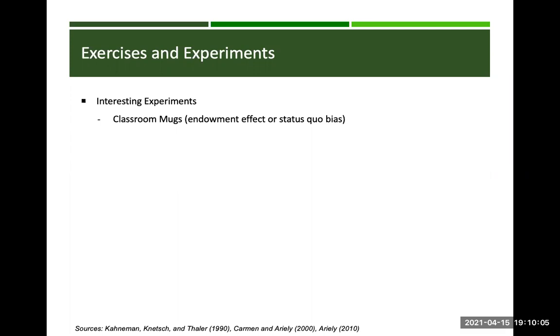The classroom mugs example is another one. This one actually is a little bit more relevant to the idea of markets and economics. In a large lecture classroom, they handed out mugs to half of the class. At the time, they were just cheap little mugs you could buy at the university store, the campus store, for $5, $7 a mug. And in this classroom exercise, they said, okay, those students who don't have mugs, you can buy the mugs from the